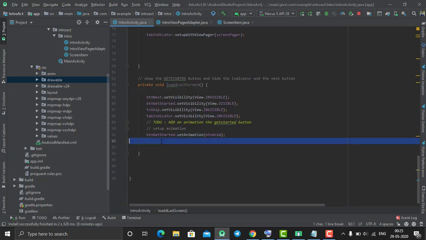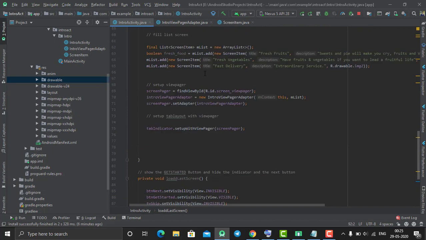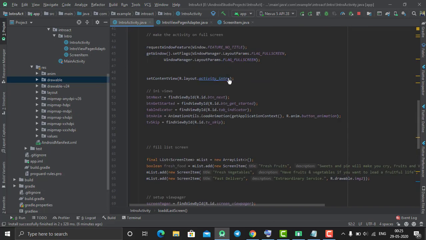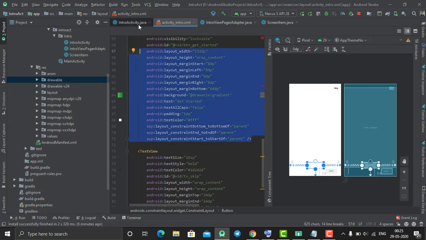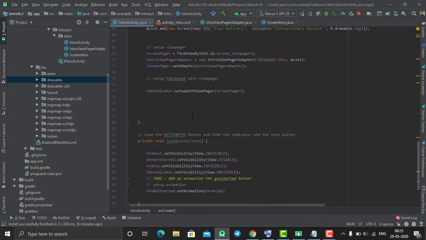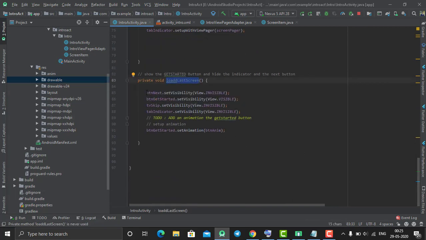When our walkthrough goes to the last screen, at that time we need to make the button visible, this button which we had created for the walkthrough screen. The button will be visible when it comes to our last screen, right? For that I have created a method, load last screen, and the next button and the skip button will be invisible and this will be visible,